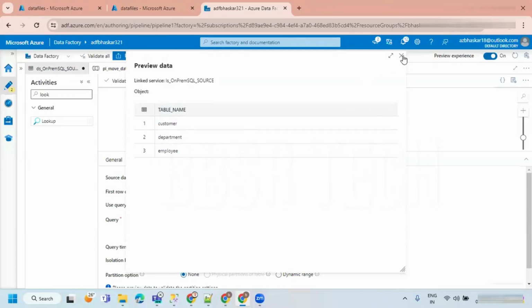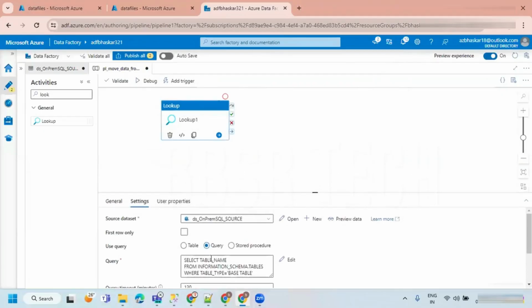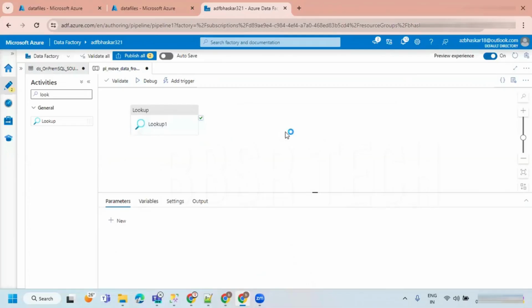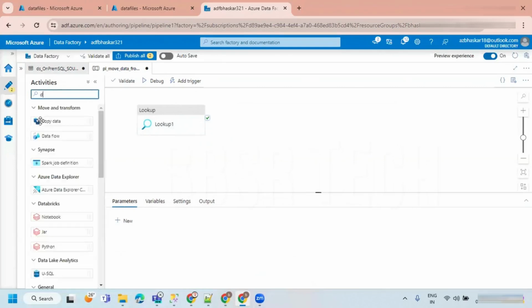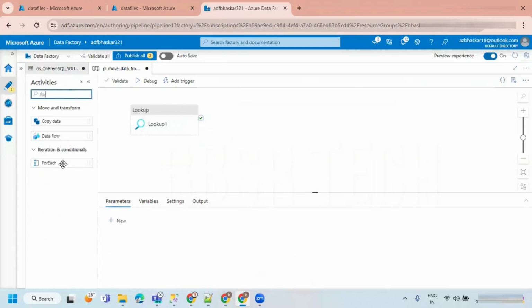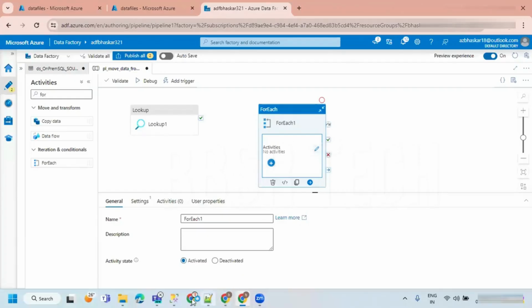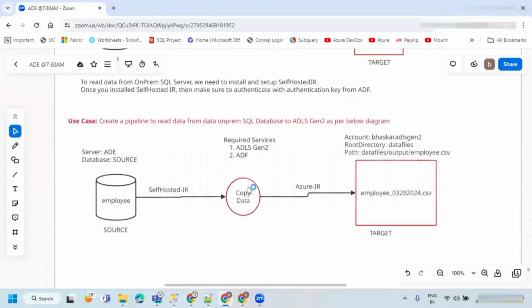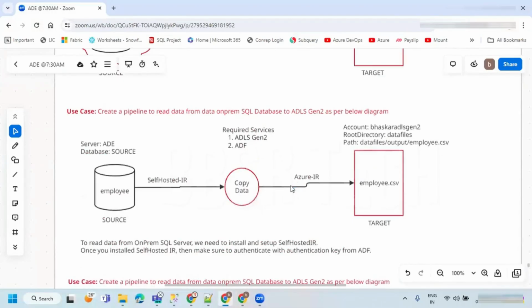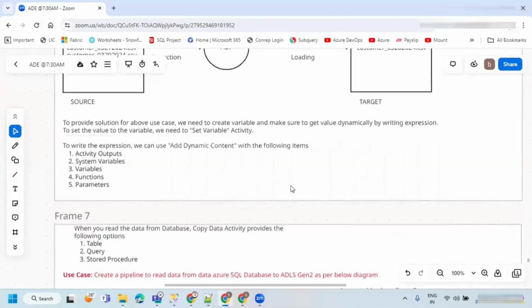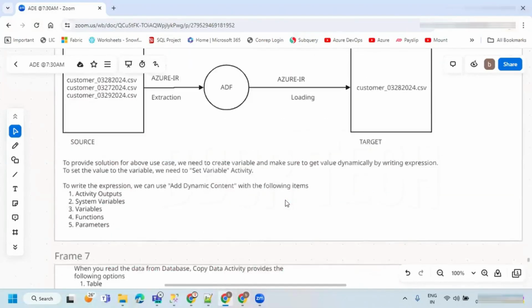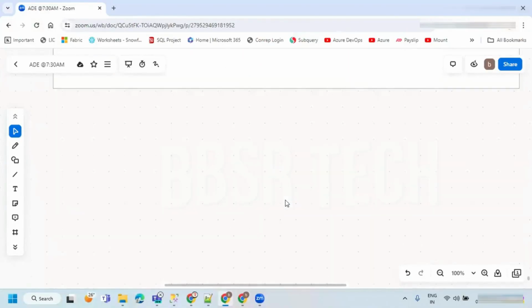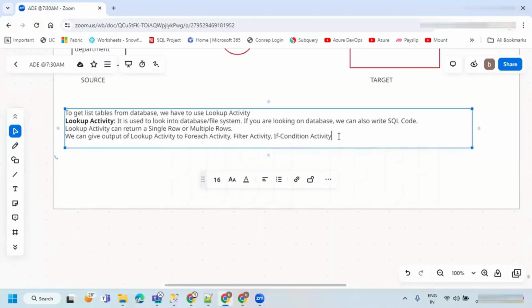That is fine. Now the output of this lookup activity I have to give to another activity, that is the ForEach activity. We are going to use the ForEach activity. Let me give some points here.